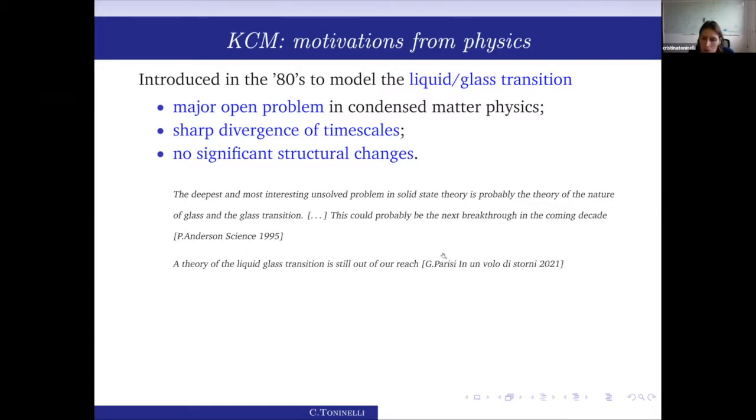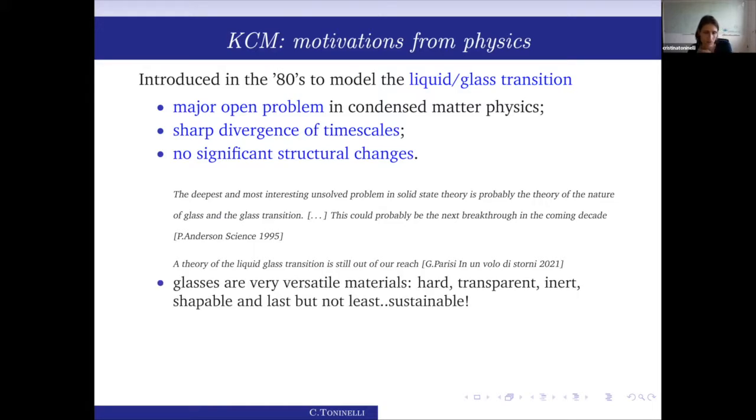And this is in the words of Giorgio Parisi, who received the Nobel Prize last year. And he has very much studied complex systems, disordered systems, and in particular the liquid glass transition. So, before coming back to math, just to motivate you a little bit more. It's not just an academic curiosity, understanding the behavior of glass, because glass is a material which is very present in our daily life. Men have been manufacturing glass for 2000 years, though we still don't understand the theory